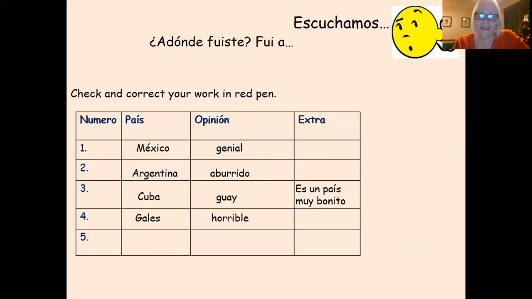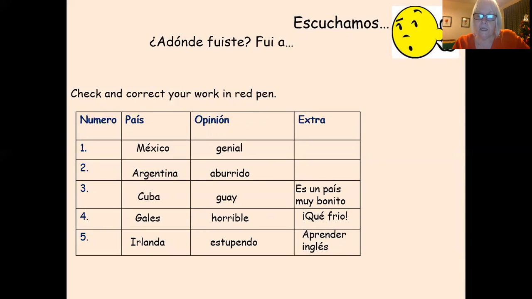Número cuatro, fui a Gales. They went to Wales. Fue horrible. Qué frío. Hizo mucho frío. They said it was very cold. Qué frío. Número cinco, fui a Irlanda. Fue estupendo. I went to Ireland. It was amazing. And the extra information there was, if anyone got it,